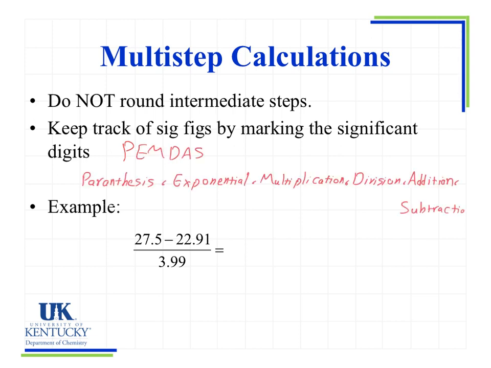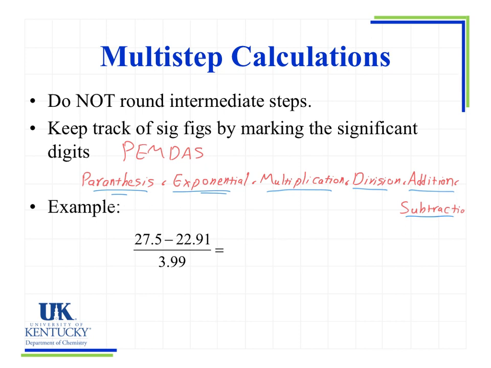So PEMDAS tells us the order of the processes. P starts with parentheses, then exponents, multiplication, division, and then addition, subtraction. It means we have to do these processes in order. So if we have an example like this, the first thing you need to do, if you have a